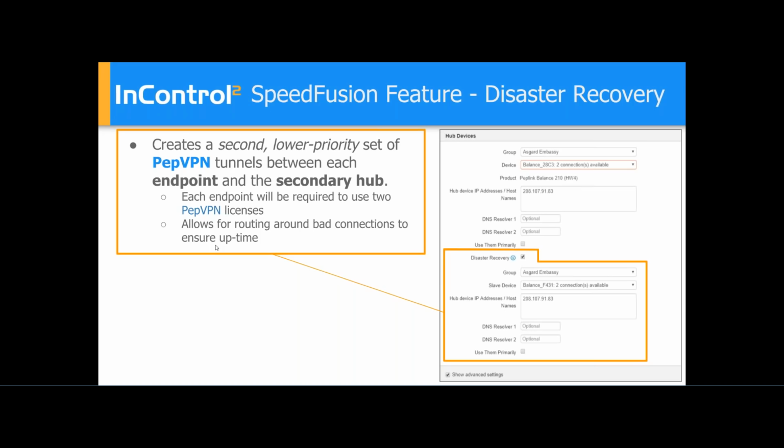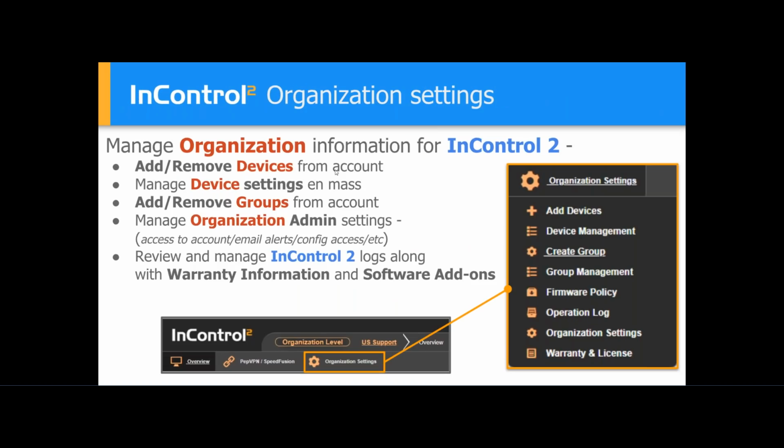It does require that the endpoint has two available tunnel licenses or creation points available to it. What this does is allow for routing around bad connections or a down tunnel to ensure that you stay up and running consistently. Next up, during the organization settings, and the org settings, of course, is where we kind of control some of the nuts and bolts of IC2,